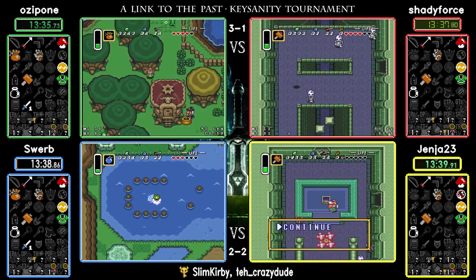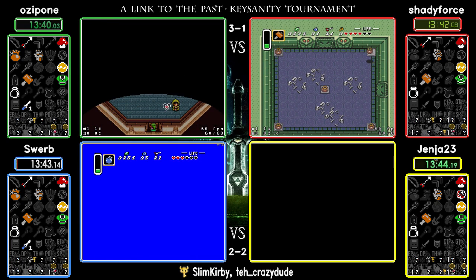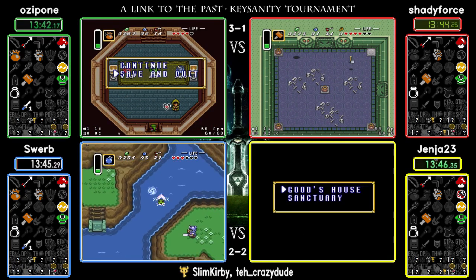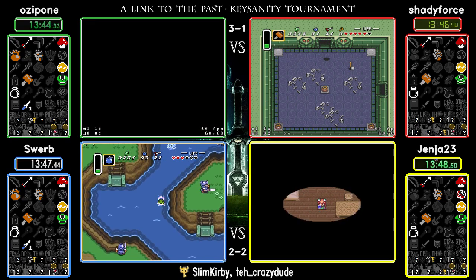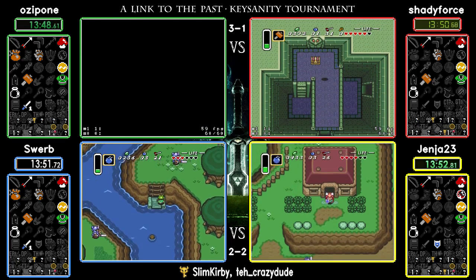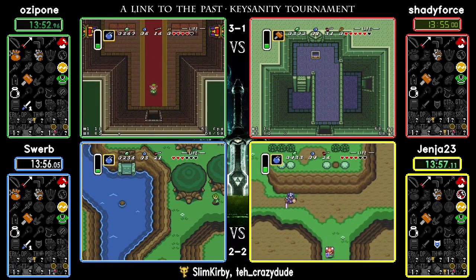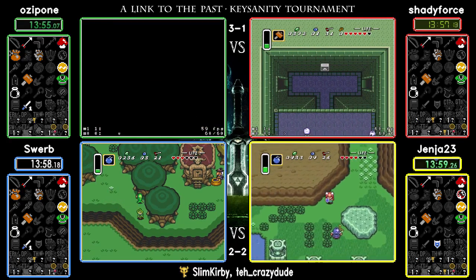The last chest we have in Eastern is just a small shield. And it's worth pointing out that both Swerb and ozipone actually did a kind of fake flipper trick to get to the witch's hut over here to check the item, since they do have the mushroom. There are certainly a different...